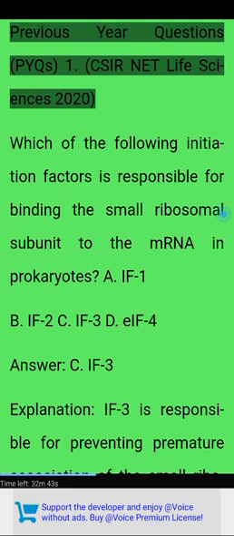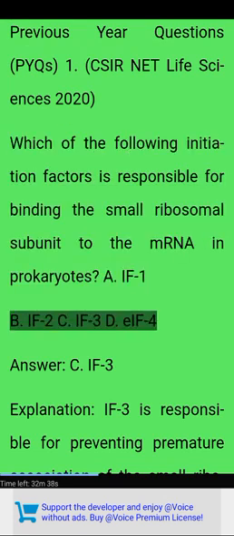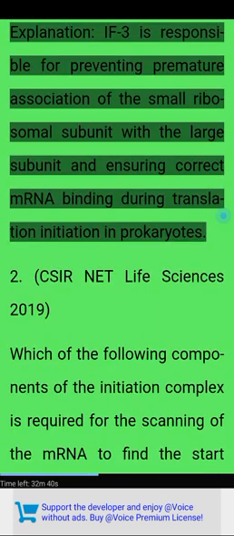Previous year questions, PYQs. 1. CSIR NET Life Sciences 2020. Which of the following initiation factors is responsible for binding the small ribosomal subunit to the mRNA in prokaryotes? A) IF1, B) IF2, C) IF3, D) eIF4. Answer: C) IF3. Explanation: IF3 is responsible for preventing